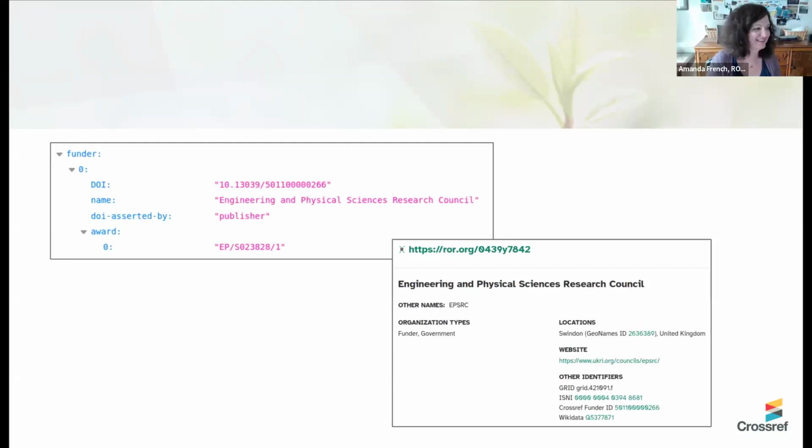So this is what you'll see in the output at the moment. You'll see funding information. So if you go into our REST API and look at a journal article, you'll see in the metadata, this is JSON formatted data, this funder section, and in the funder you can see in the DOI field a DOI, and this is a funder ID